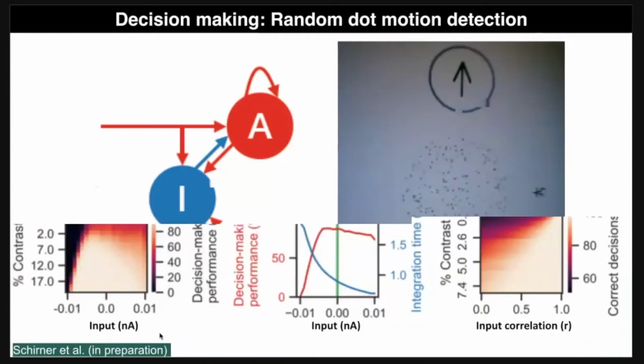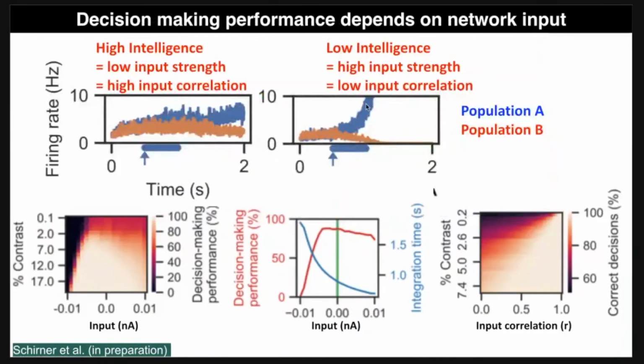This is now the result of our simulations. On the right side, for the low intelligence virtual brain, you see the firing rates of the two competing populations in blue and in red. The blue trace ramps up immediately after onset of the evidence accumulation that is indicated by the blue bar, and leads to a threshold that terminates a decision. On the left-hand side, for the high intelligence group, you see that the blue population ramps up much slower. So there's much more time for evidence accumulation in this system.